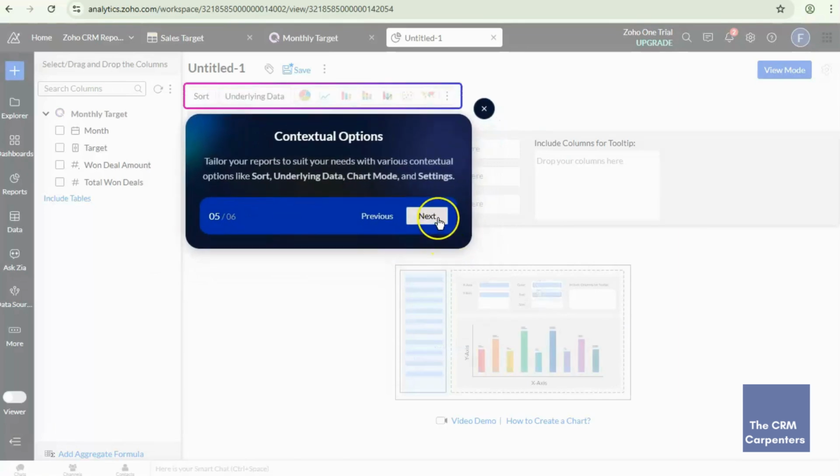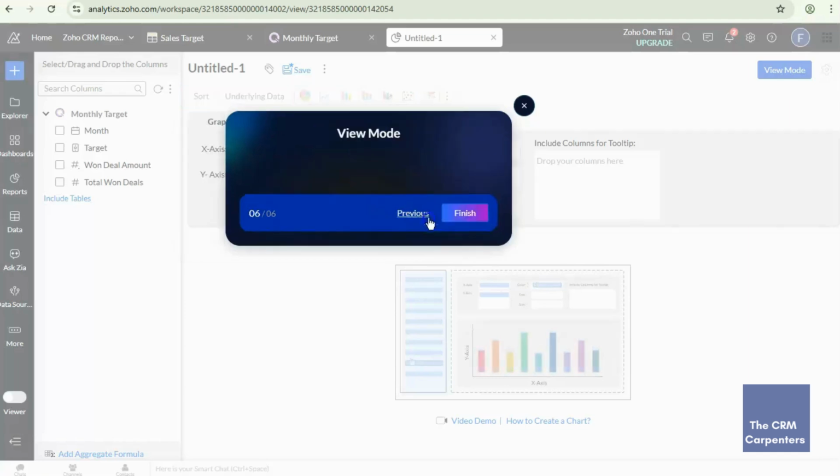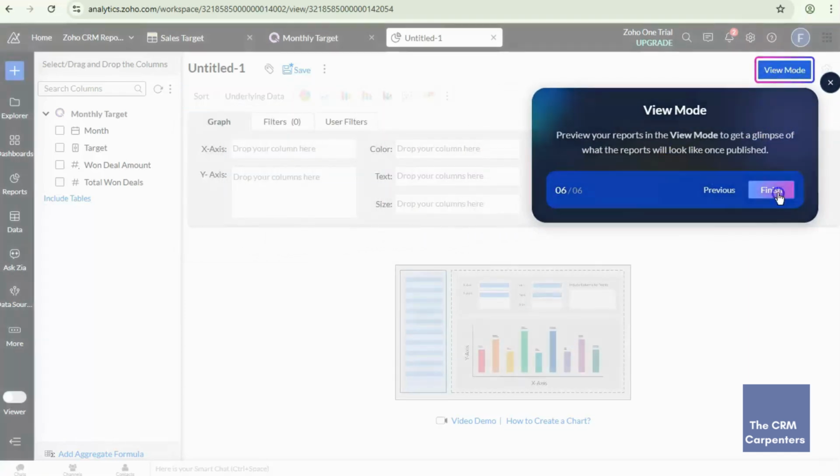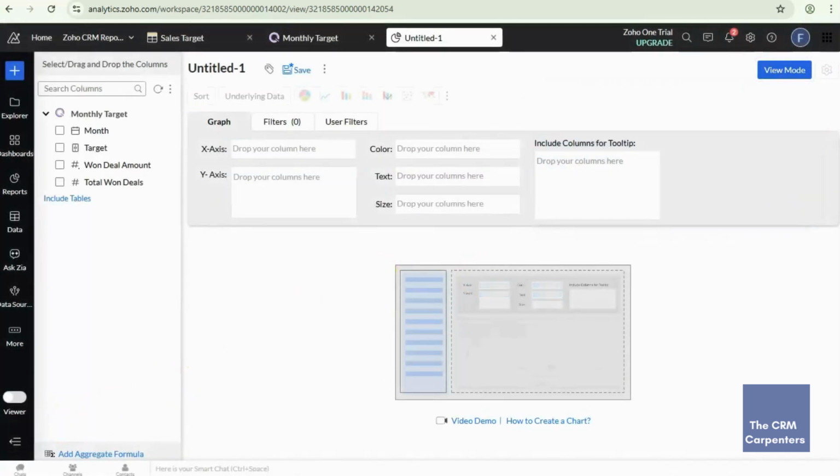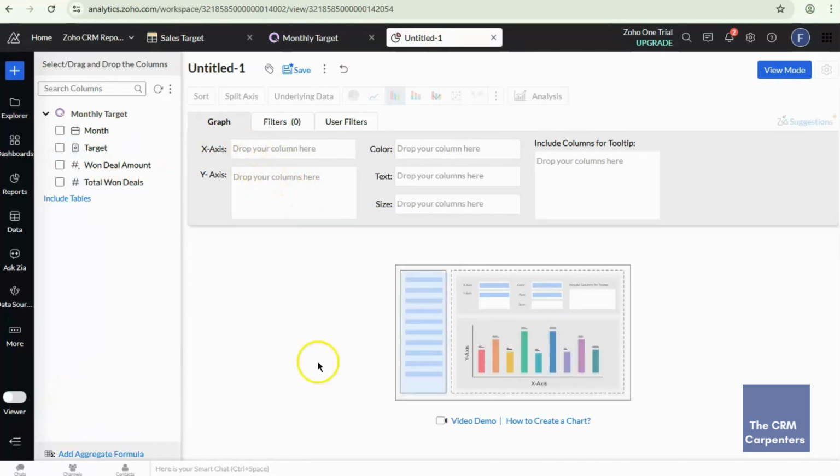So if you are a beginner in creating charts in the Zoho Analytics, this would be very helpful for you. And so let's start dragging the corresponding data into your X and Y axis.